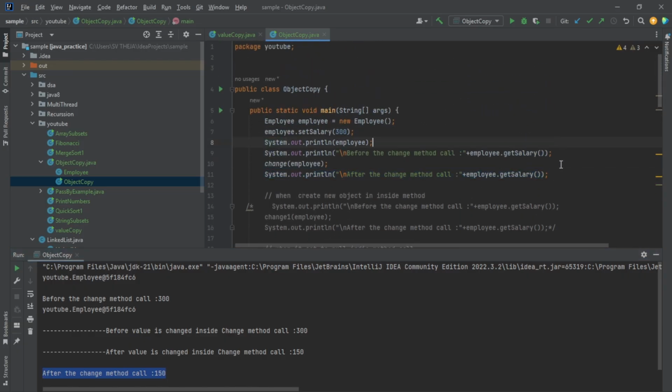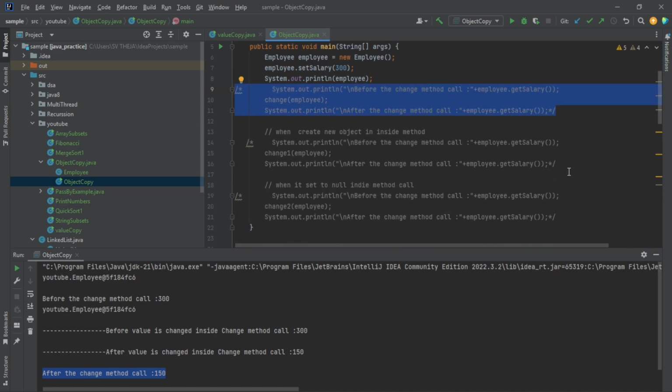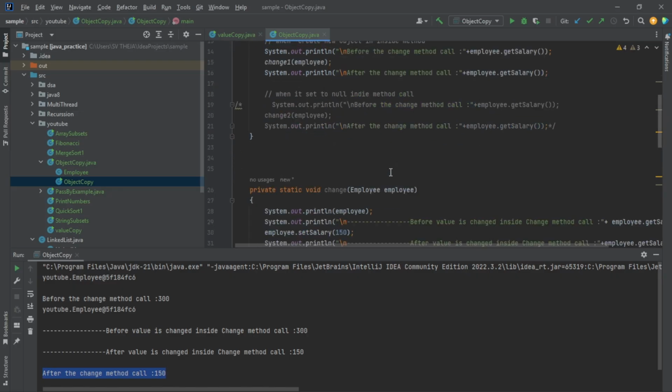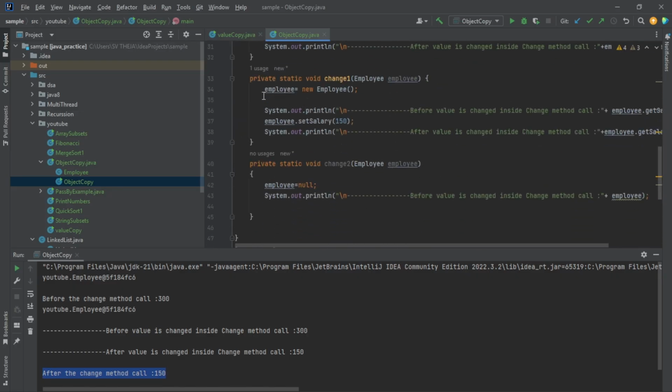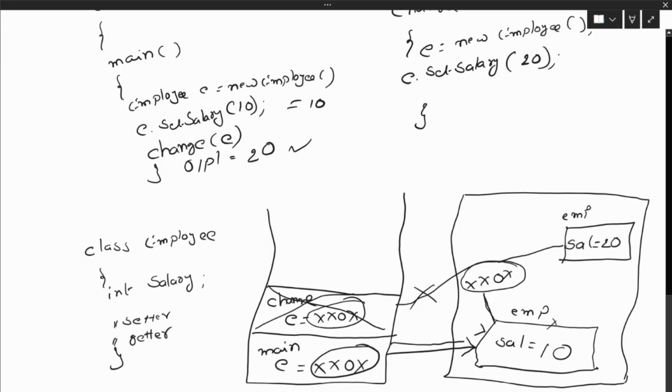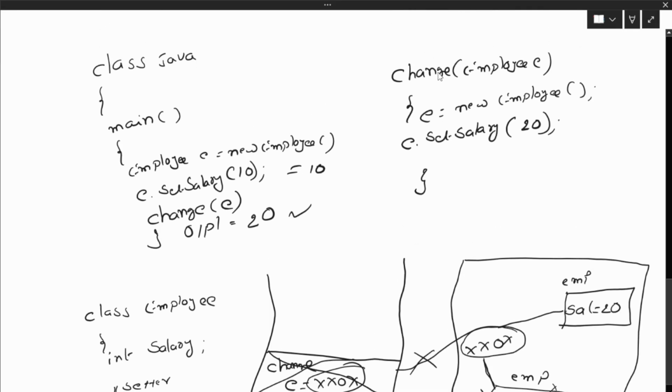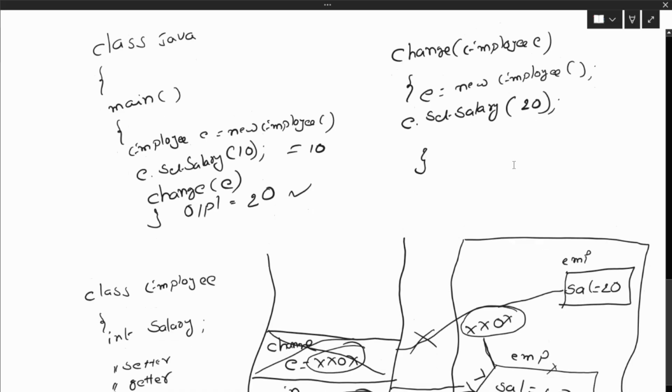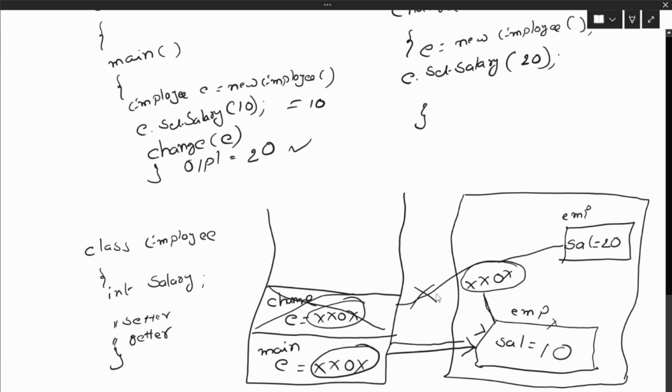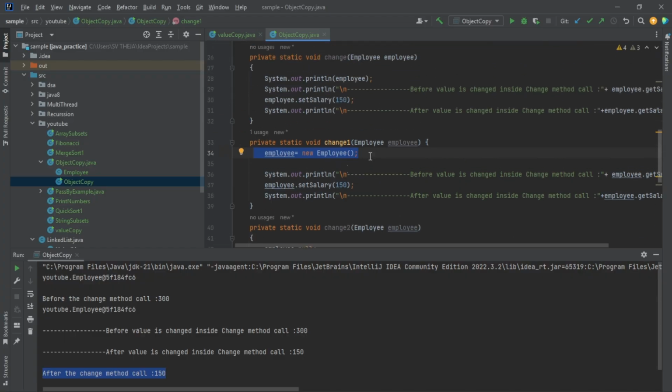Now let's comment out this one. Let's keep this. We want to see the value of the object. Let's uncomment this. What is this? In this change method, if we come here, I'll be creating a new employee, as we discussed here. The new employee will be created. Now this will be pointing to the new object. Now we'll see what is the value of the employee and how